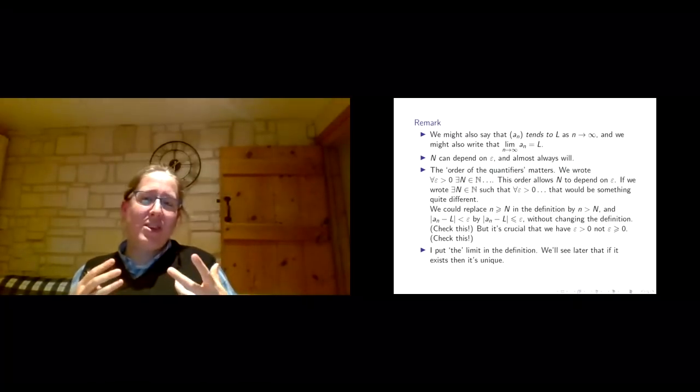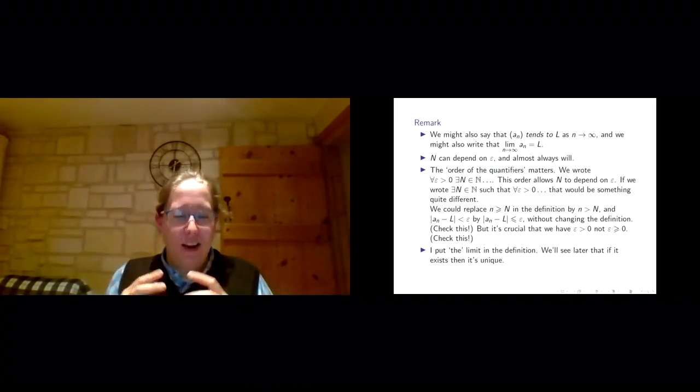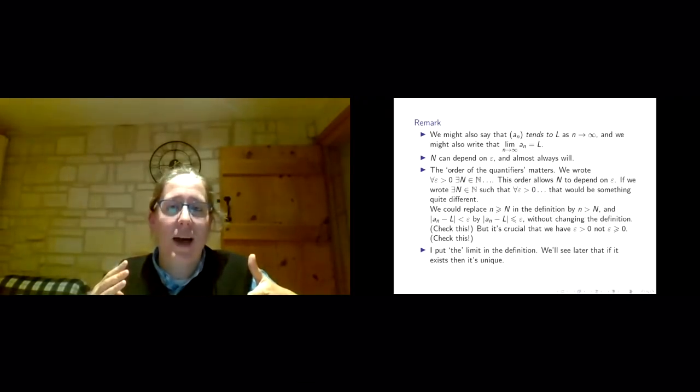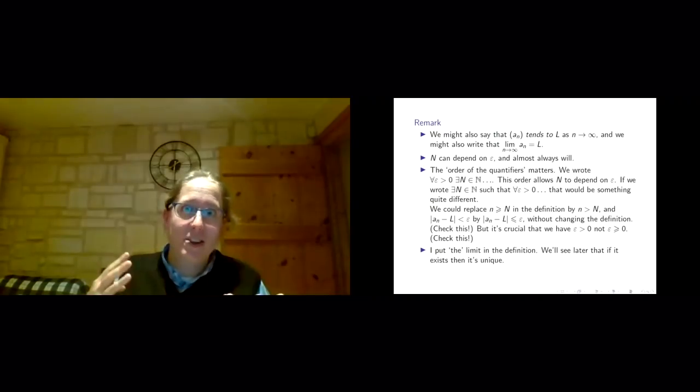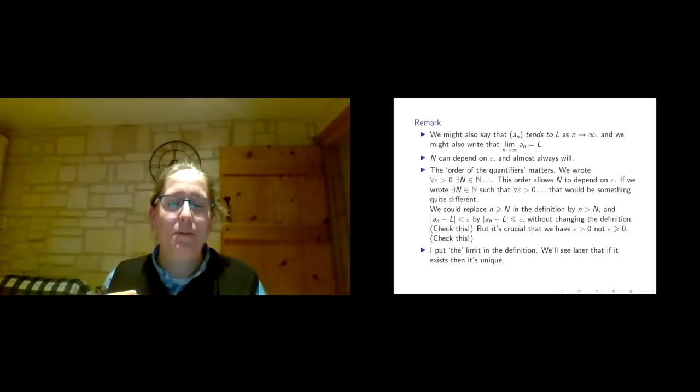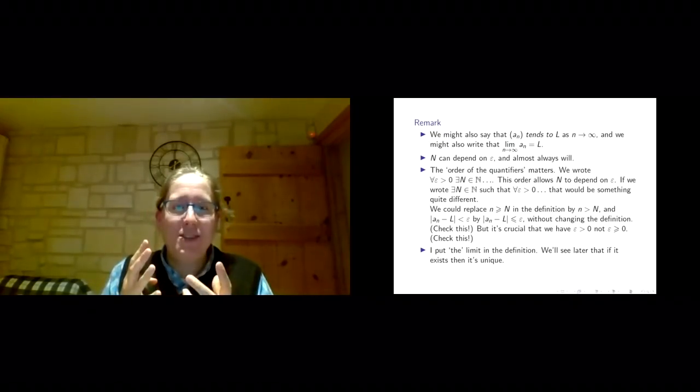And I tried to capture that with this sort of story about the evil opponent earlier on. Our evil opponent challenges us to 0.1, and we might choose our capital N in light of that. If our evil opponent comes back and says, well, I challenge you to 0.001, we're allowed to choose a new capital N. How is that captured in the statement?